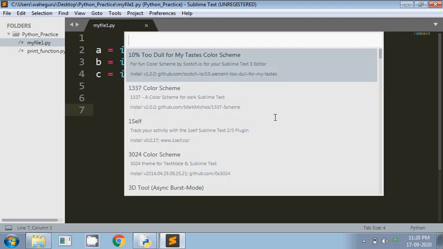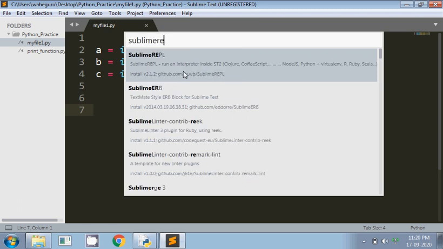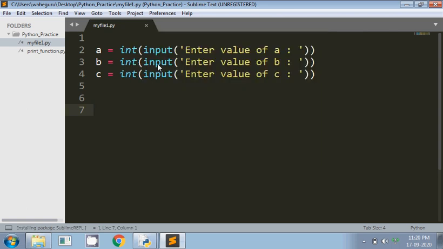Now I can type Sublime REPL. This is the functionality we have to install. It's installing the package Sublime REPL, and it's successfully installed.